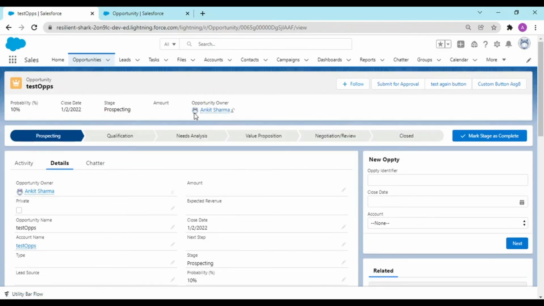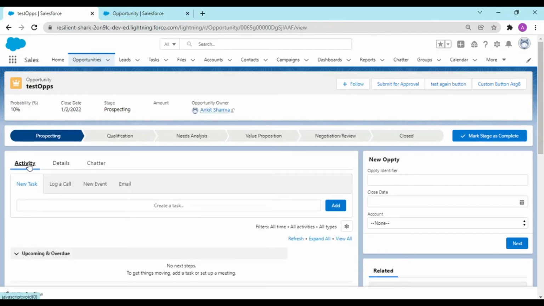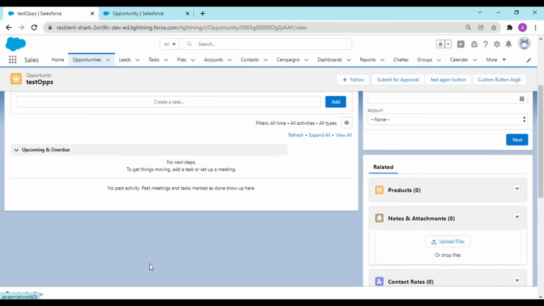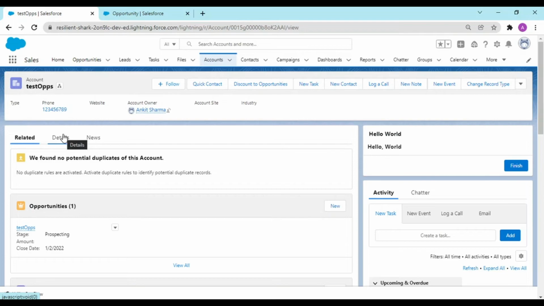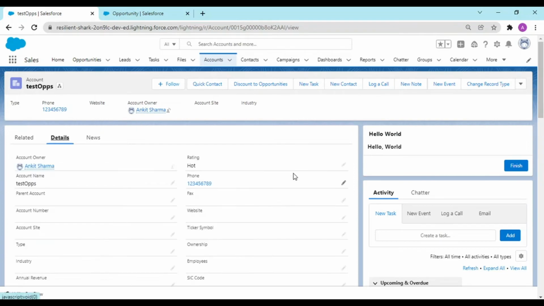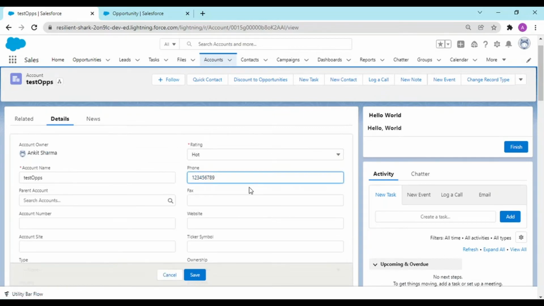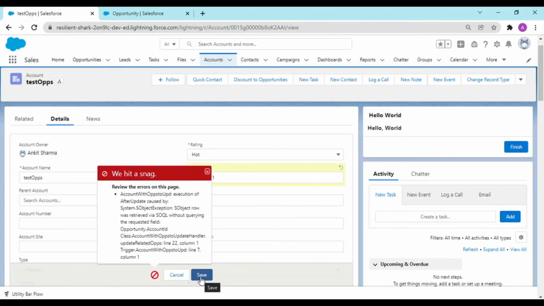So now what I am doing is updating my account. From this phone number I am changing it to 987654321. Okay, now what it is saying: account with opportunities execution of after insert after update. It is three. Okay, we haven't queried this